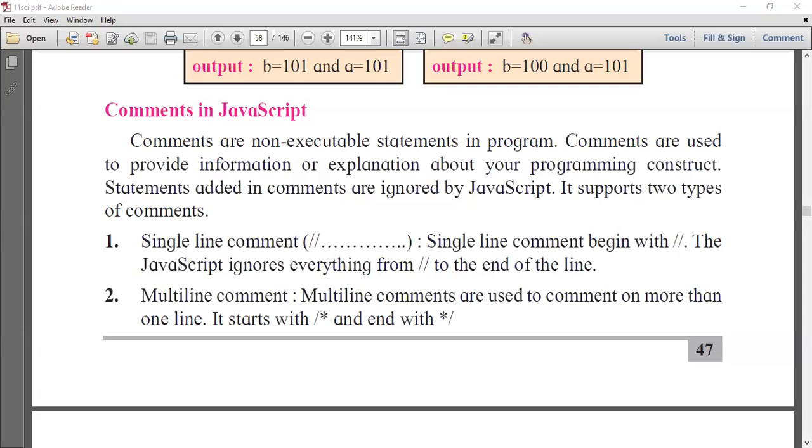Whatever content you write inside a comment will never display on a web page.